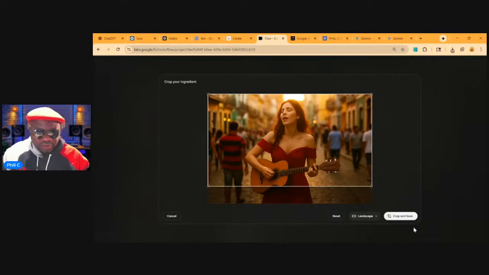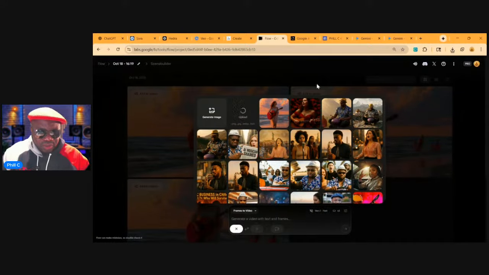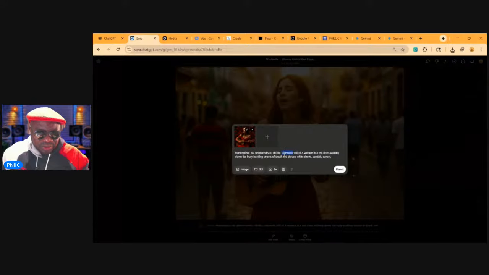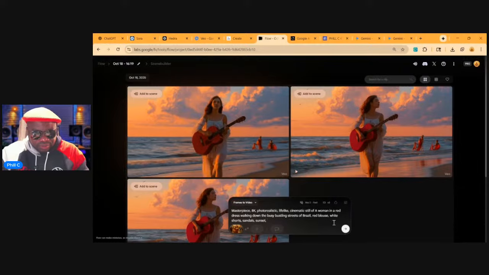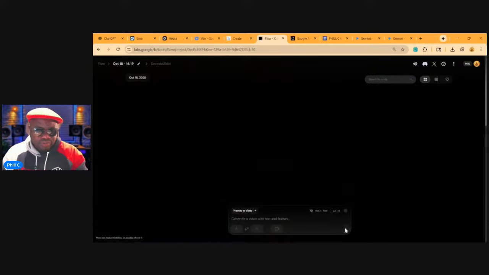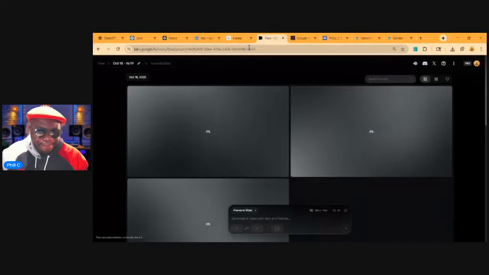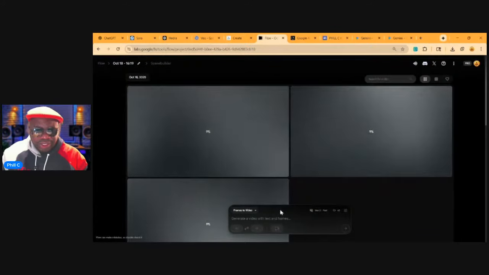And let's get the full frame. It should work. Crop. And then we'll go back into Sora. We'll get that prompt, and go into VO and give it that prompt again. Give it some time and this will be ready. And when it's ready, I'll just download it and bring it all into Clipchamp.